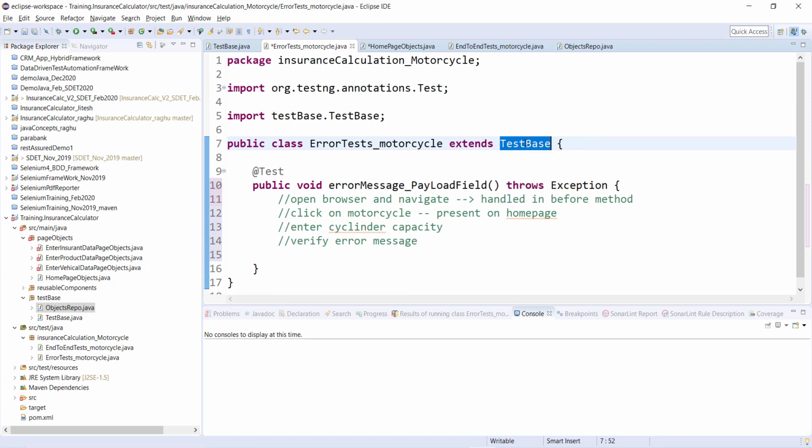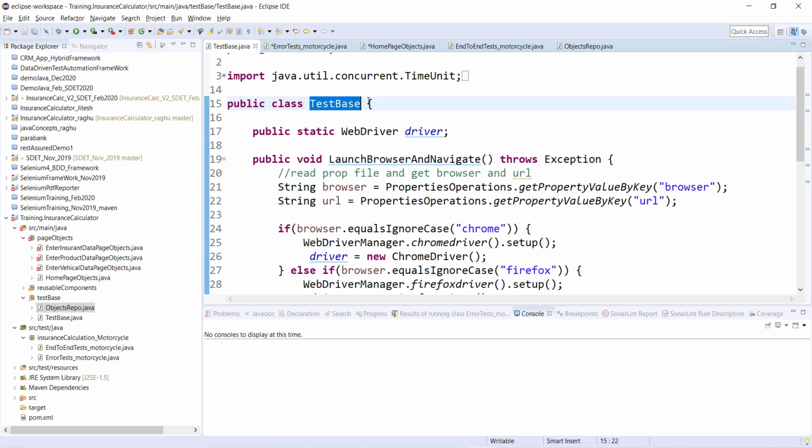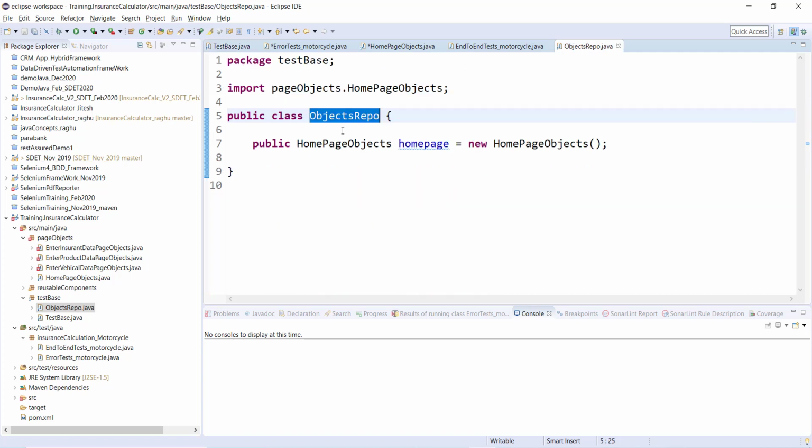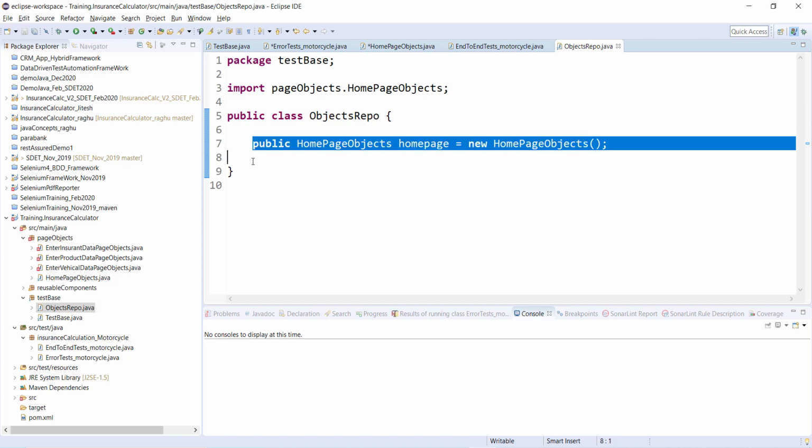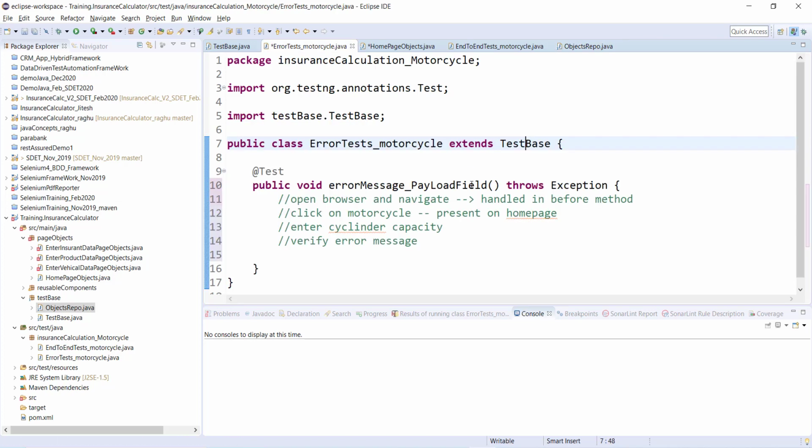So what I'll do is I will extend that in test base. So I'll tell you why I'm doing this. Okay, now why am I doing this? For object repos, we have created a separate class, right? And whatever objects I am creating over here, I need to access these objects in all of my test case classes. But in these test case classes, I am already extending test base, and I cannot extend multiple classes because you know the limitations of Java, right?